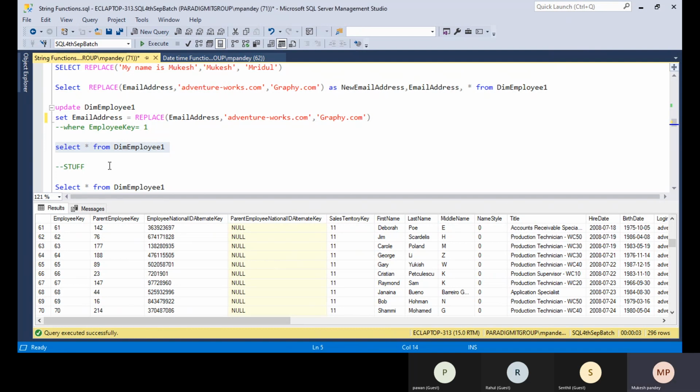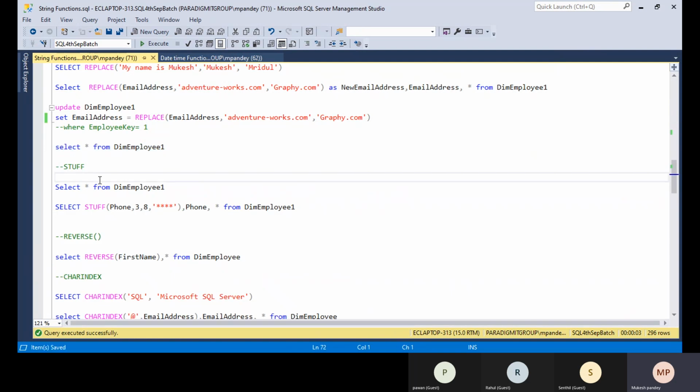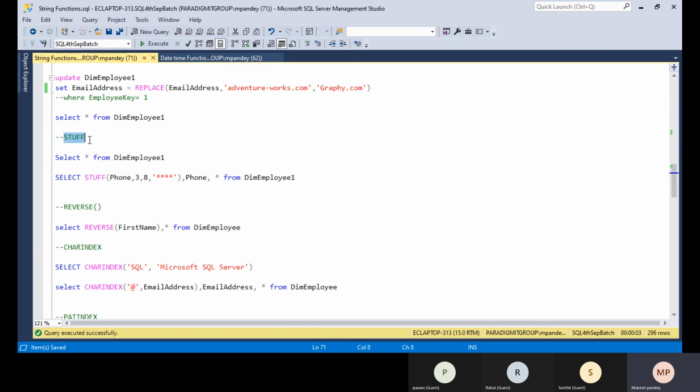The replace function replaces a value, so if a particular value is there, it completely replaces the exact value. But suppose you have a requirement to replace starting values, or we need to replace only two letters or three letters. This option is not available in the replace function. For that we also have the STUFF function.